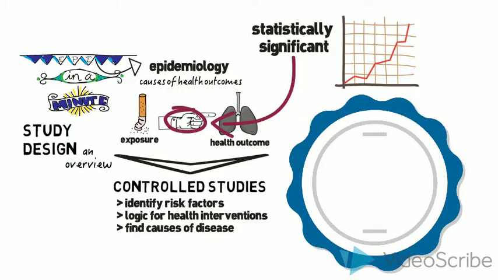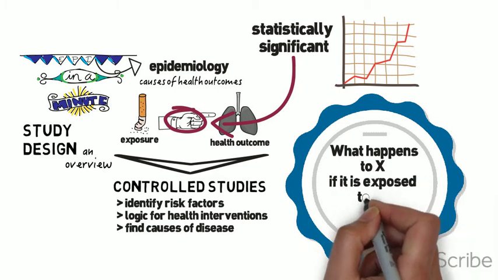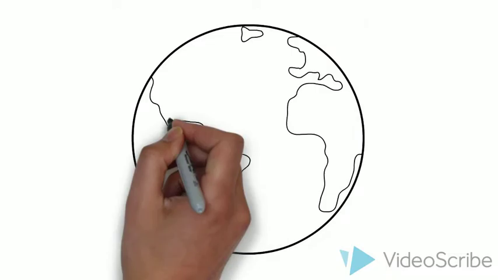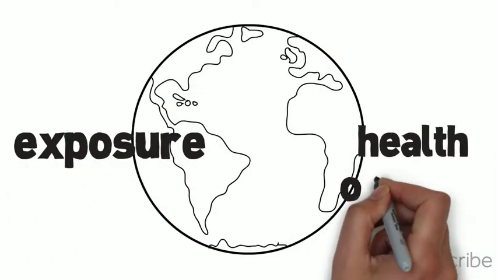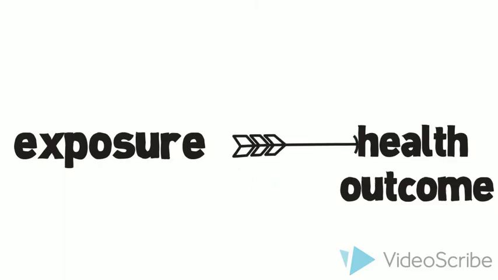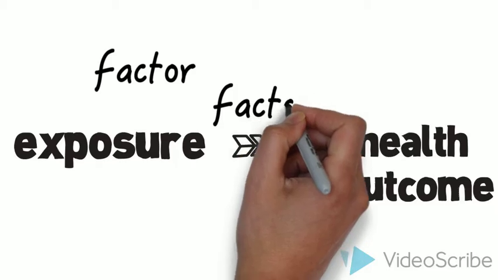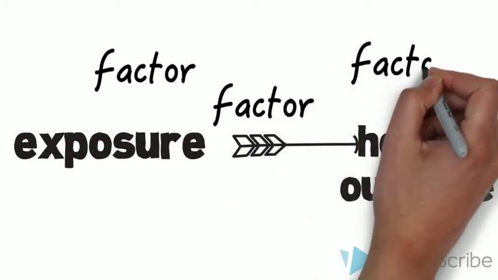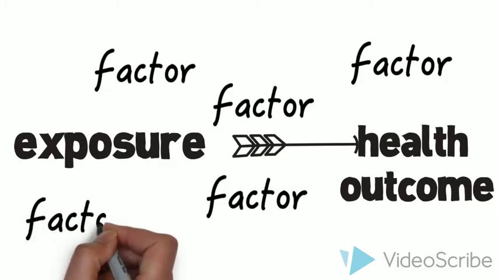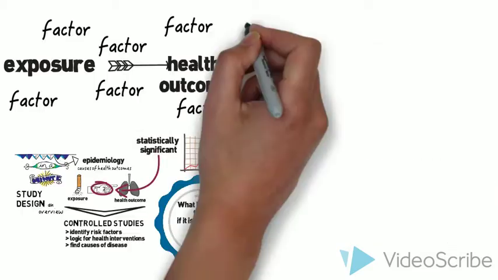Every study question is just a variation of the question, what happens to the thing I'm studying if it's exposed to this or that? In the real world, exposure and outcome do not exist in a vacuum. Surrounding the exposure and outcome are all sorts of other factors that complicate the relationship between exposure and outcome. Before we can confidently state that X causes Y, we have to think about what else could cause Y. Could it be pure chance?